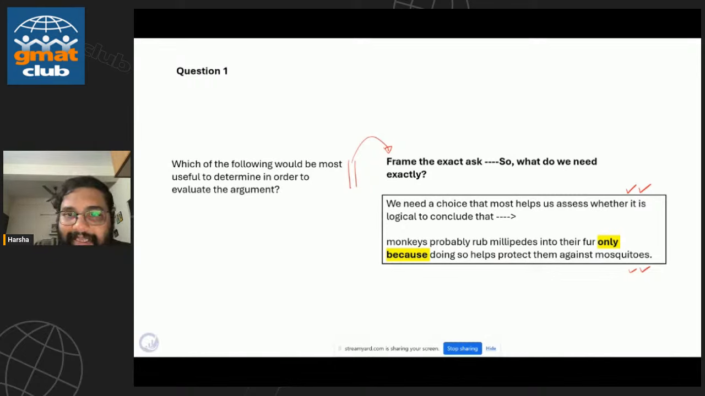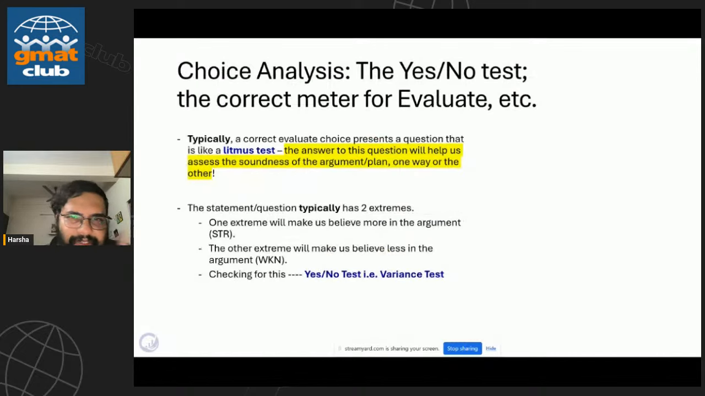So in this case, what is it we need exactly? We need a choice that most helps us assess whether we could conclude this particular thing, whether monkeys rubbing millipedes into their fur is only because of the mosquitoes. It will help us assess that. Okay. If that is clear, now let's come to the final portion of your process, which is the yes no